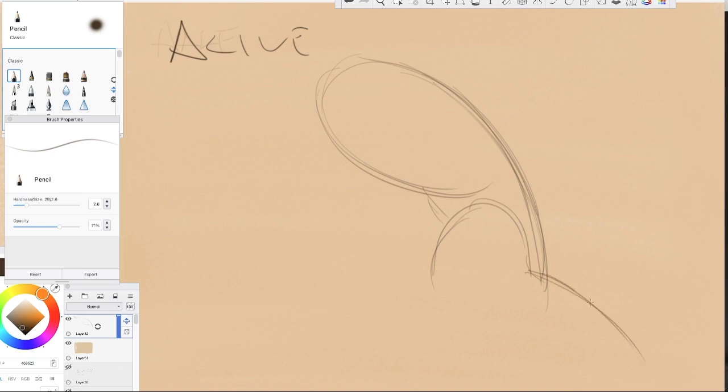The longest possible axis as a curve. And we want that to either be symmetrical curves,